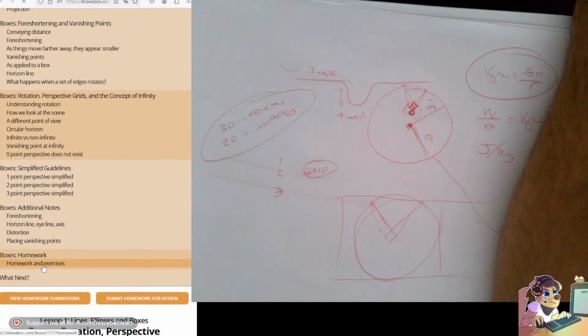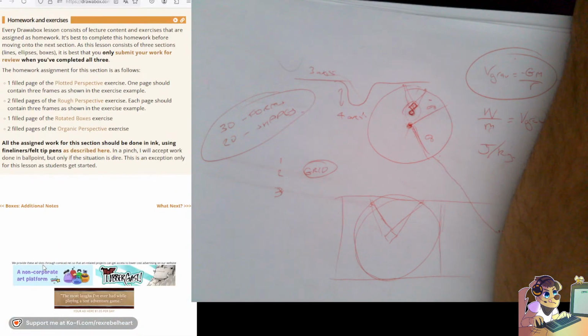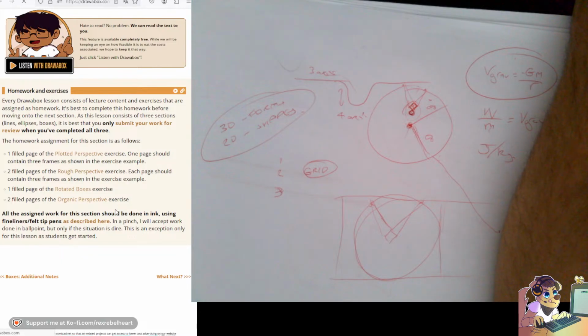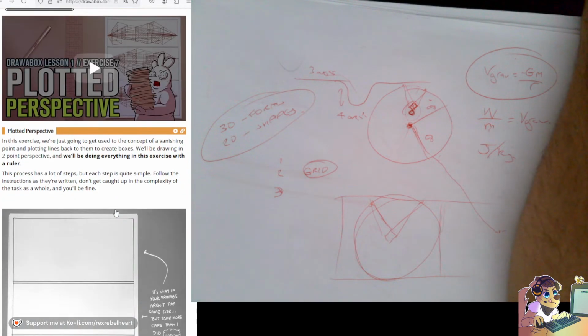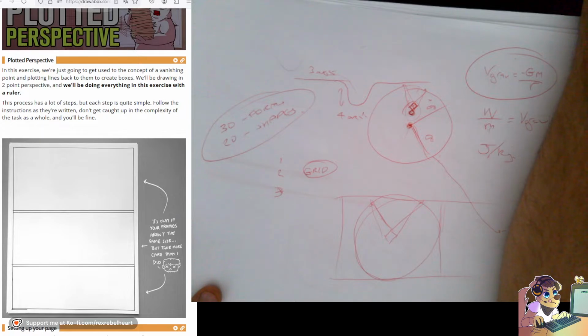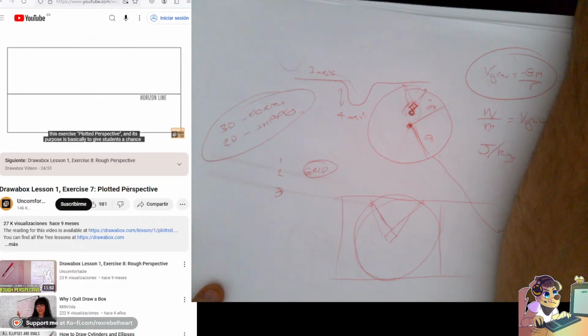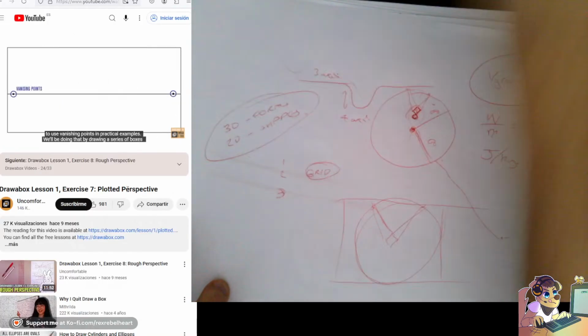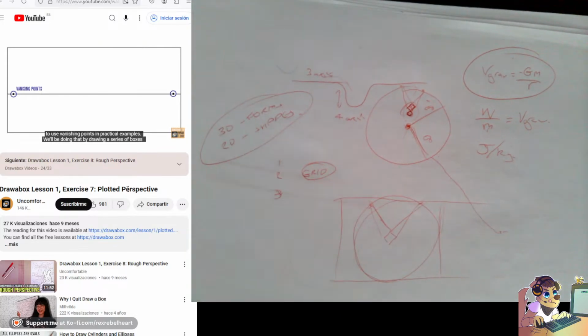Boxes. Plotted perspective exercise. Okay. Its purpose is basically to give students a chance to use vanishing points in practical examples. We'll be doing that by drawing a series of boxes in a standard 2-point perspective grid, defining each box